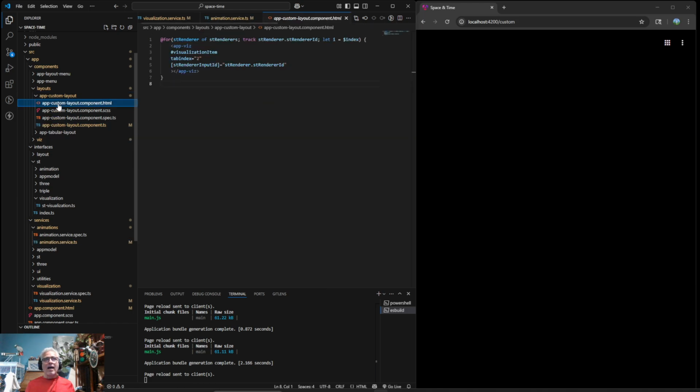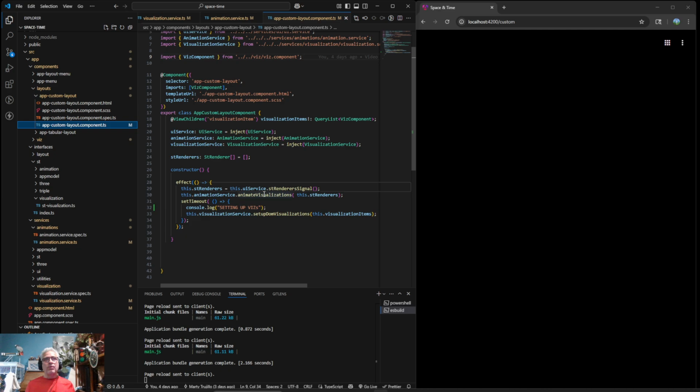Right? So app custom layout loops over these and creates a bunch of app vises. And once all the app vises have been completely rendered, I would like to then run that. And I believe I have access to the animation service. I think that's the right one.